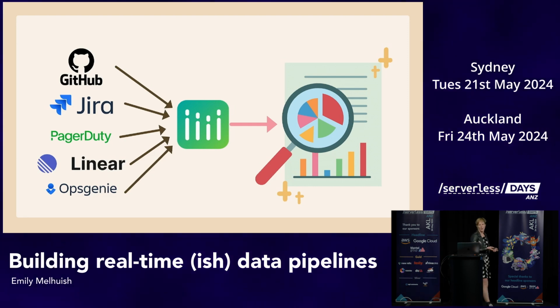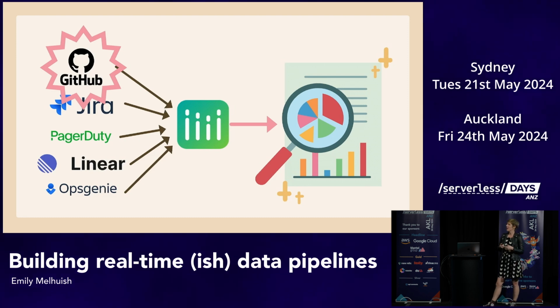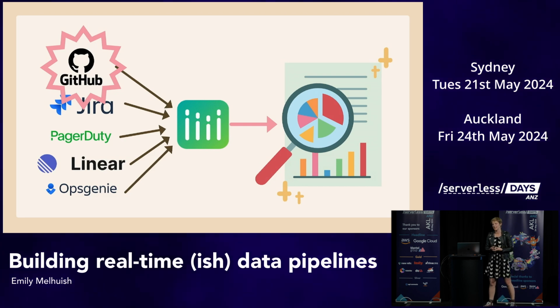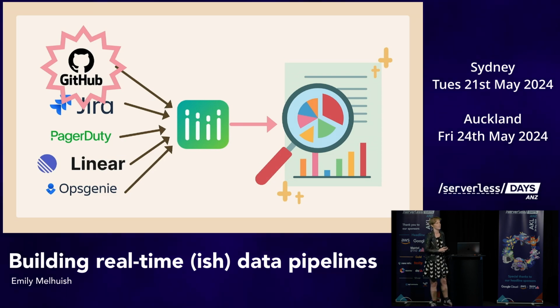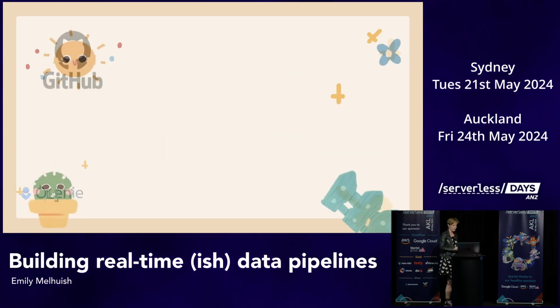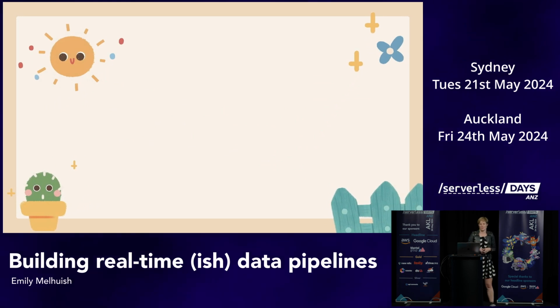That's a little bit about what we do at Multitudes, but today I'm going to be focusing specifically on a pipeline I built for GitHub. We had an awesome talk about GitHub earlier, and so today I'm talking about a particular customer problem that we need to solve. So what was that customer problem?